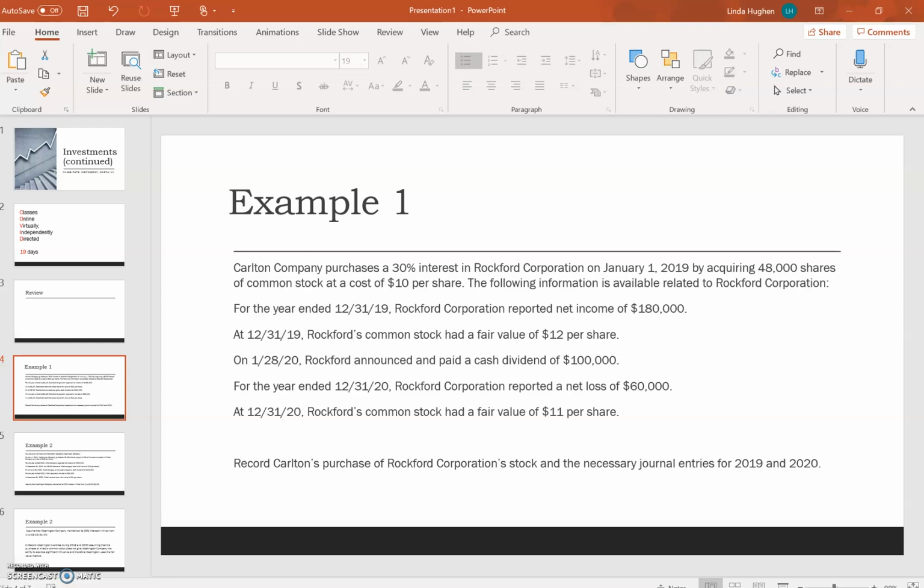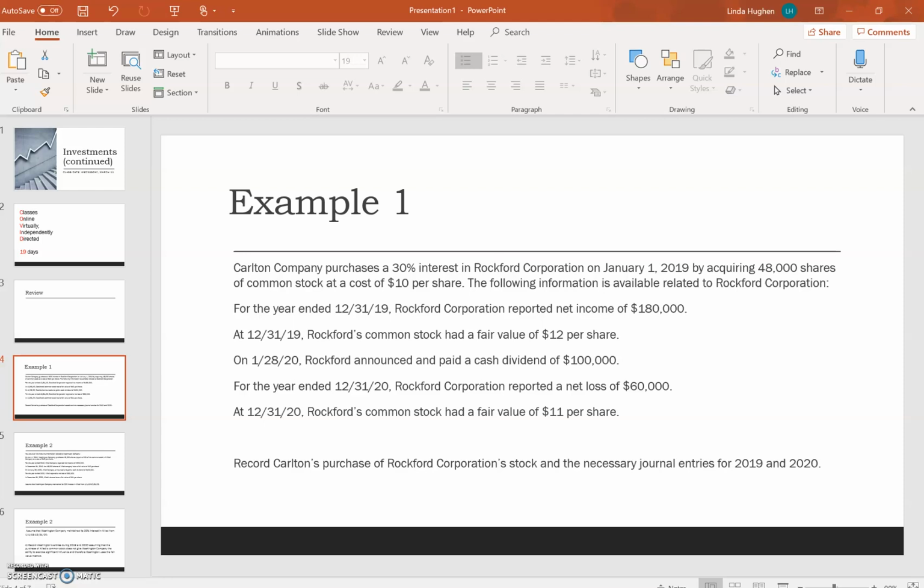Carlton Company purchases a 30% interest in Rockford Corporation on January 1st, 2019 by acquiring 48,000 shares of common stock at a cost of $10 per share. The following information is available to Rockford Corporation. Okay, so for the next 2 years, we have each year's net income. We have the fair value of the common stock at year ends. And at the bottom, the instructions say record Carlton's purchase of Rockford Corporation stock and the necessary journal entries for